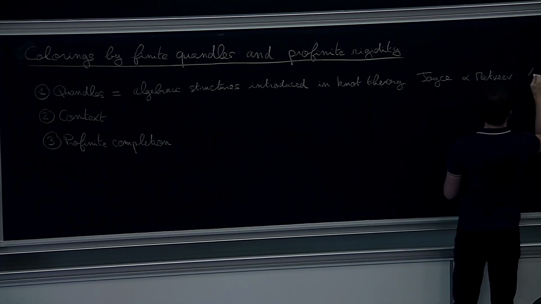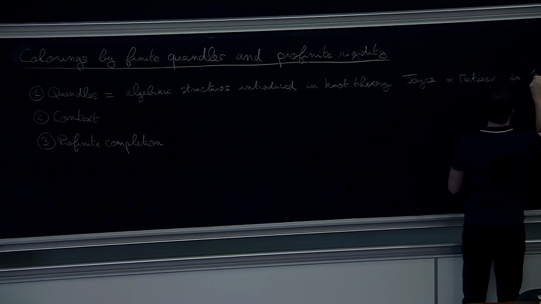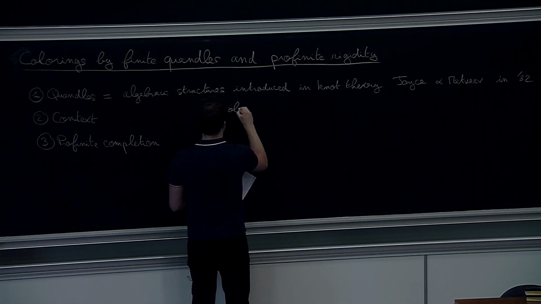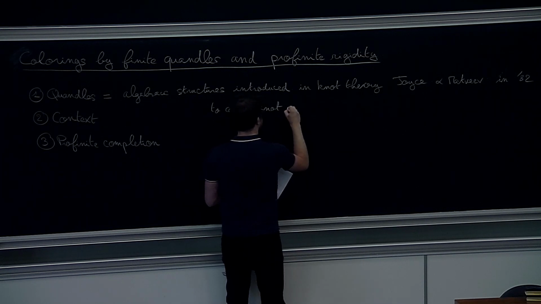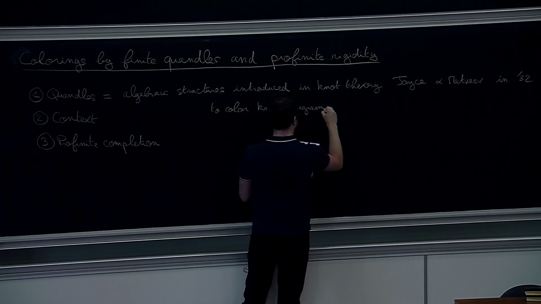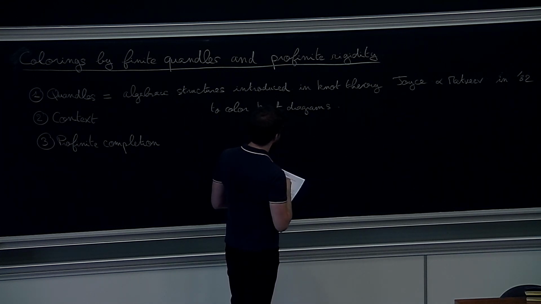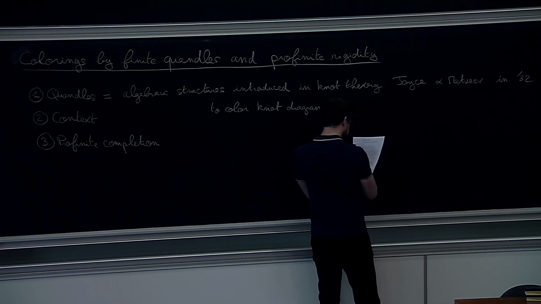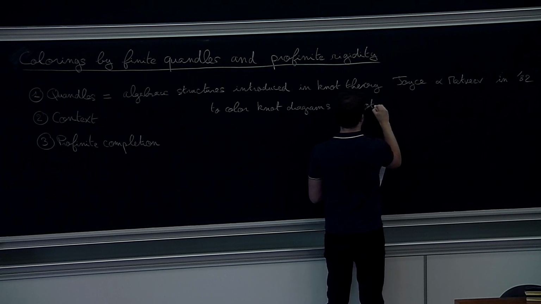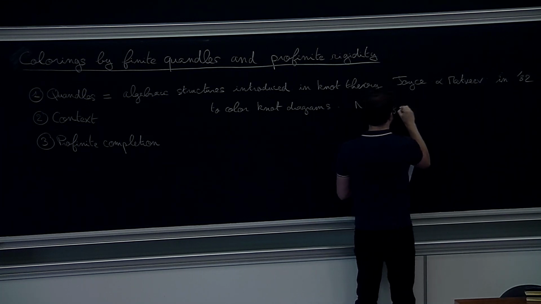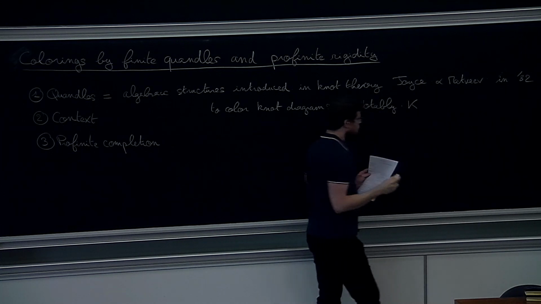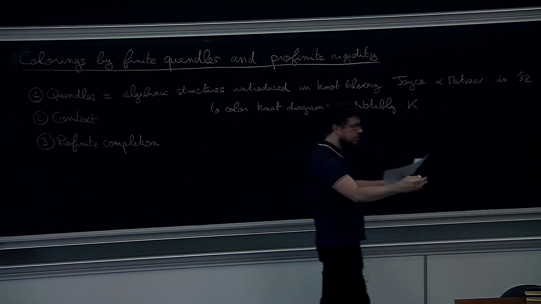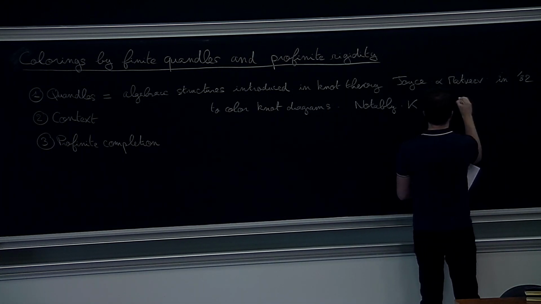In 1982, the goal was to color knot diagrams. And a very notable result, which is proved by both, is that you can color knots by Quandles, by elements of a Quandle, and there is a universal Quandle doing that, which is called the